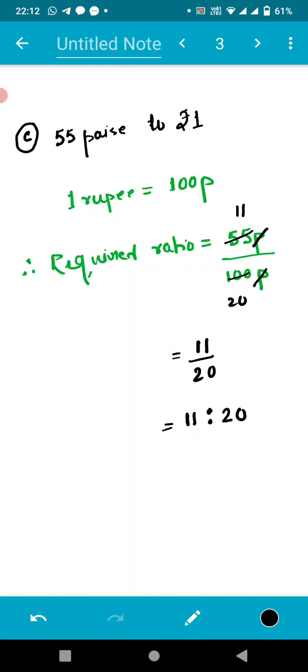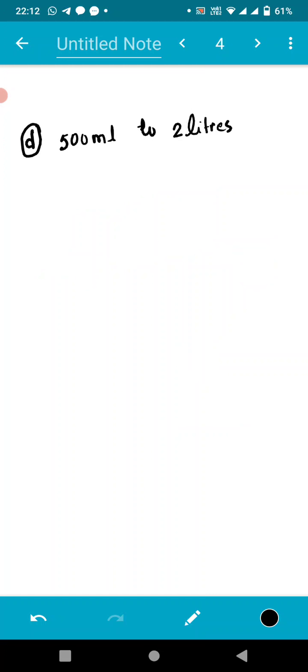Fine. So let's move on to the last sum of question number 7, that is sum number D. And what is there in sum number D? 500 ml to 2 liters. Now liter is a bigger unit compared to ml, so we first have to convert this liter to ml form. So we know that 1 liter